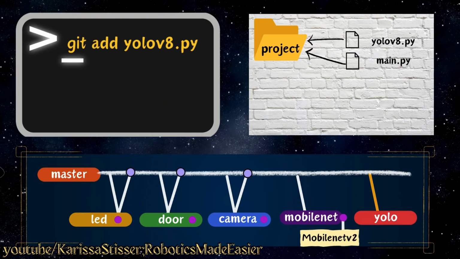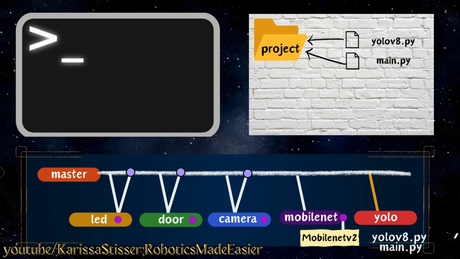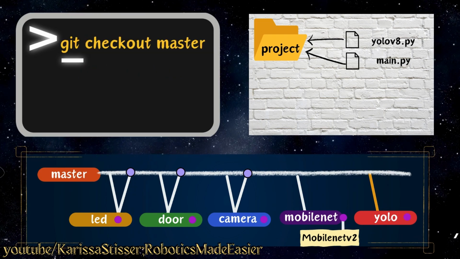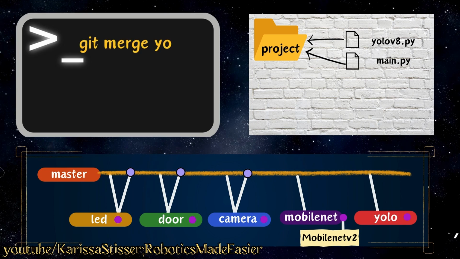Great, so let's go ahead and add our files to be staged, and then we can commit. Then let's check out master and merge Yolo. Okay, great. So this is perfect for my class. It works, being able to use the Yolo model to detect a person, and this is perfect